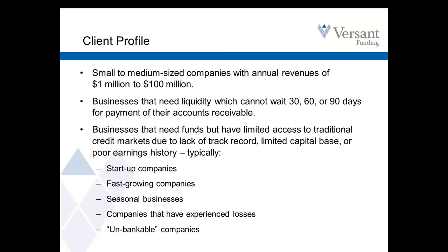Or maybe revenues are erratic. It's a seasonal business and revenues and profits go up and down. A lot of our clients, the reason they're not bankable is because they're in some form of distress. Revenues might be trending down. They might be experiencing losses. Maybe they're in the process of going